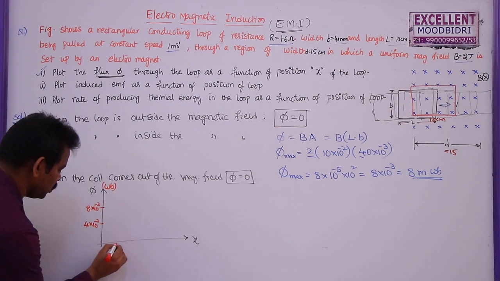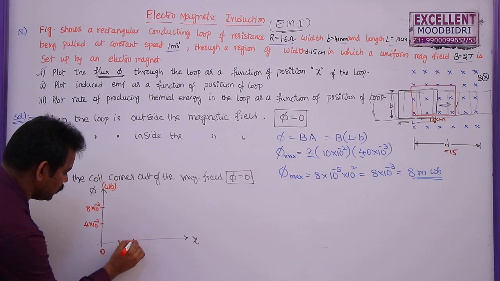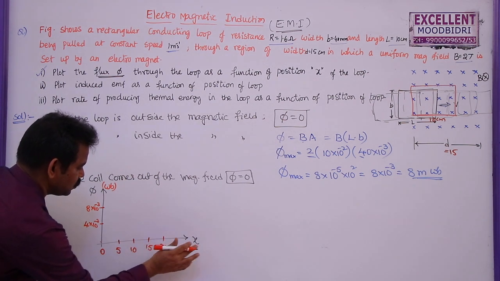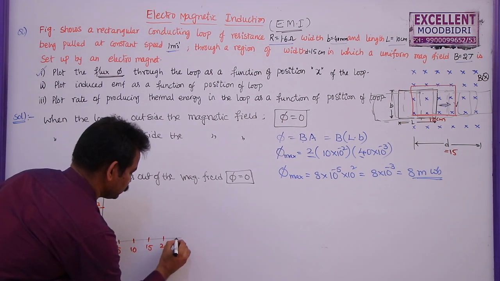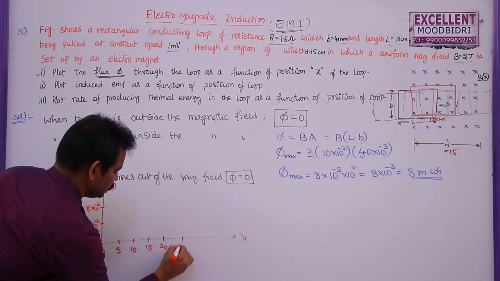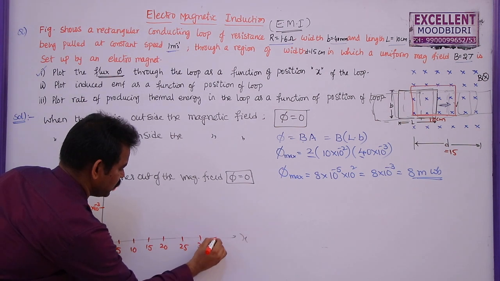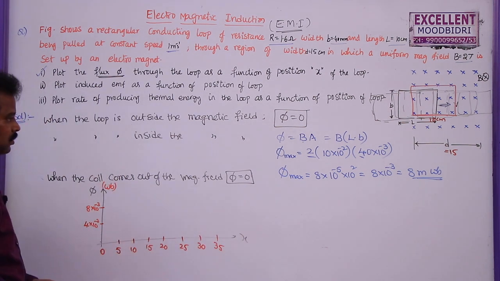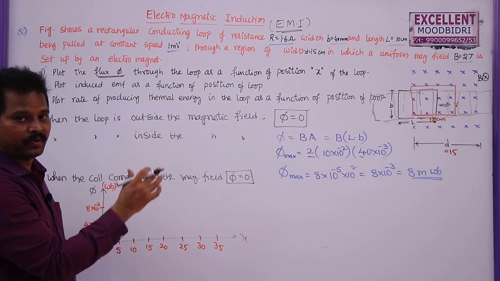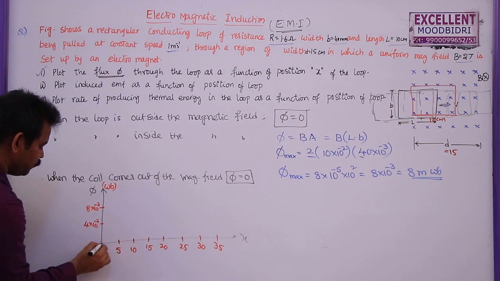So here 0 centimeters, 5, 10, 15, 20, 25, 30, 35 centimeters like this. When x is equal to 0, that means the coil is outside,